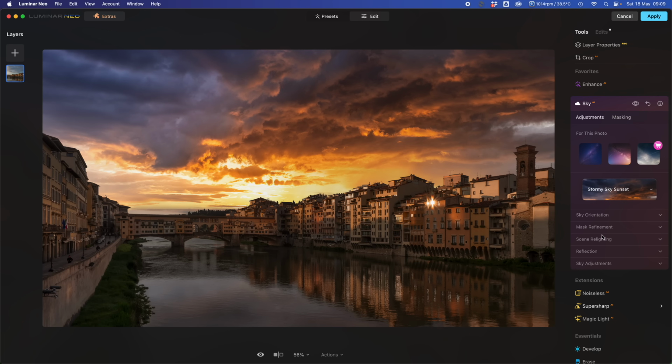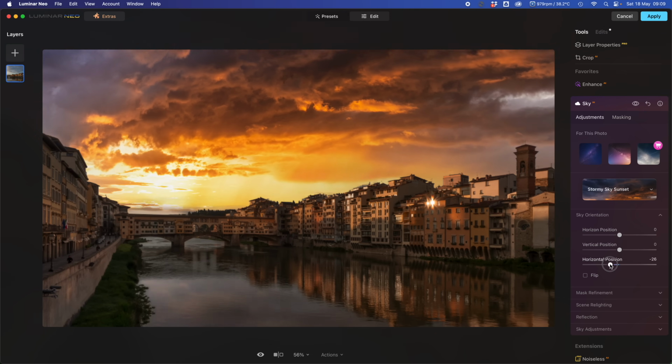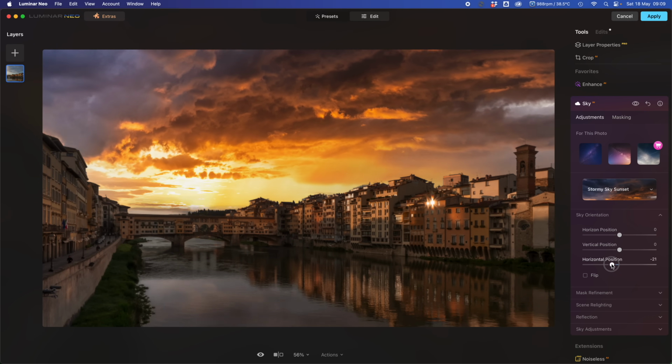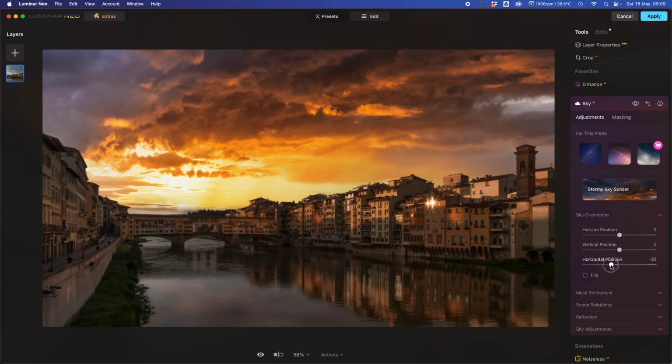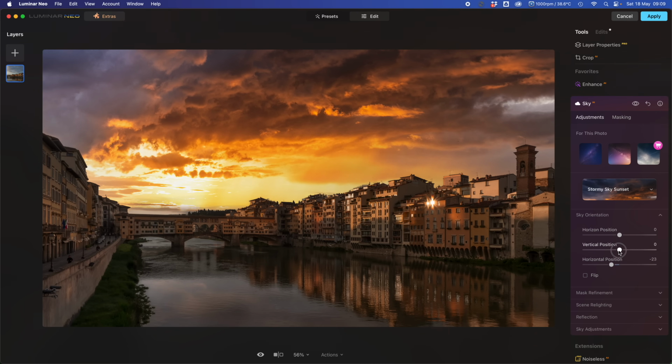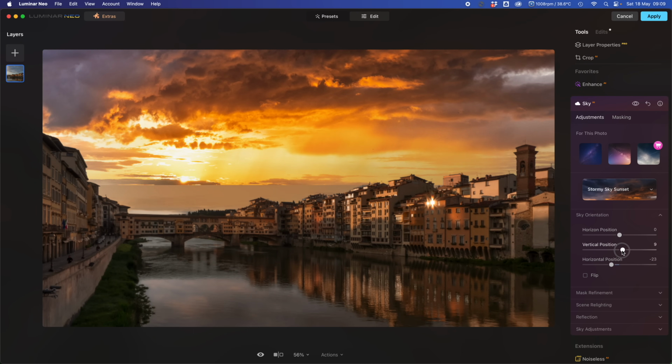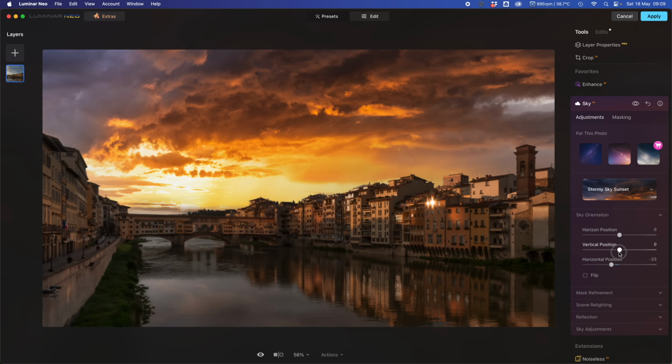So underneath, you will find that you've got some sort of subsections, and sky orientation is the first one. So we can actually move the sky around, make it fit. You see here just above the bridge, it's not looking particularly good there. And also I want the sun further over this way so we can accentuate this sort of light on the buildings. So I can move the sky from left to right using the horizontal positioning. You can see there I can move the sky left or right, so you can put the sun over here. I can also change the vertical position, so that's the bottom of the sky image there. So I'm just going to pop that down there, and I can also